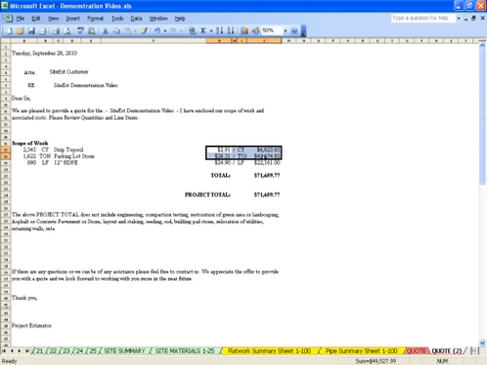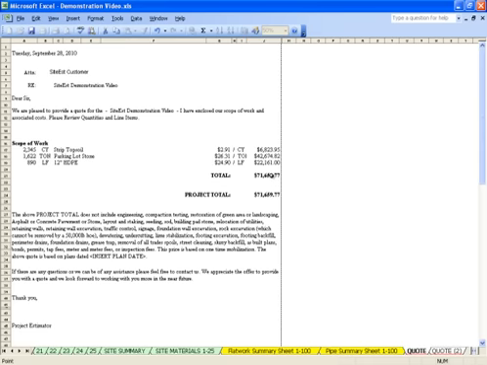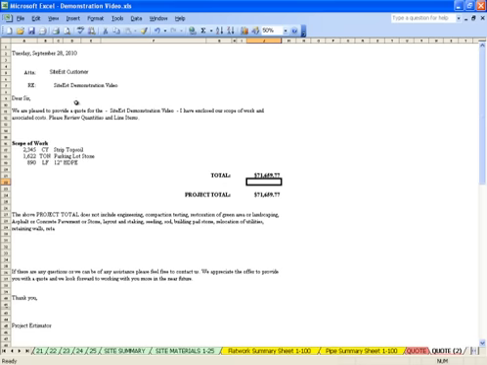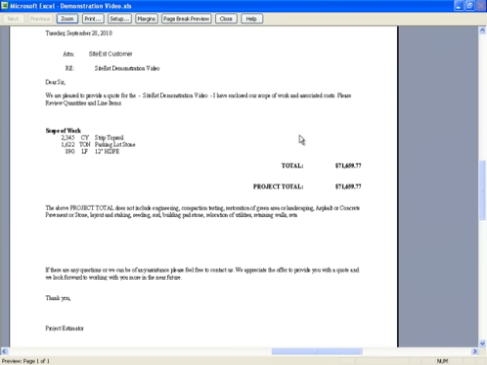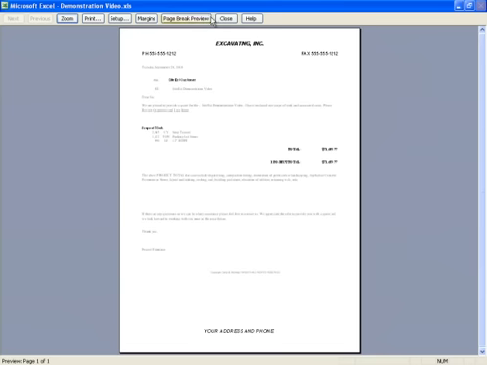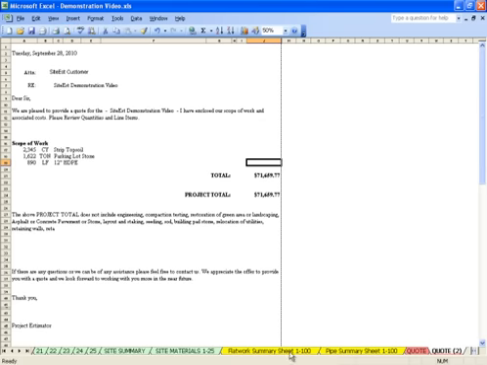I can also take this and move or copy, create a copy, move to the end, and I'm going to delete these and make this equal this. And what it does is it gives me a line item sheet that doesn't have any prices that they can pick apart. Again, I go back to my letter. I have a quote sheet. I have a summary